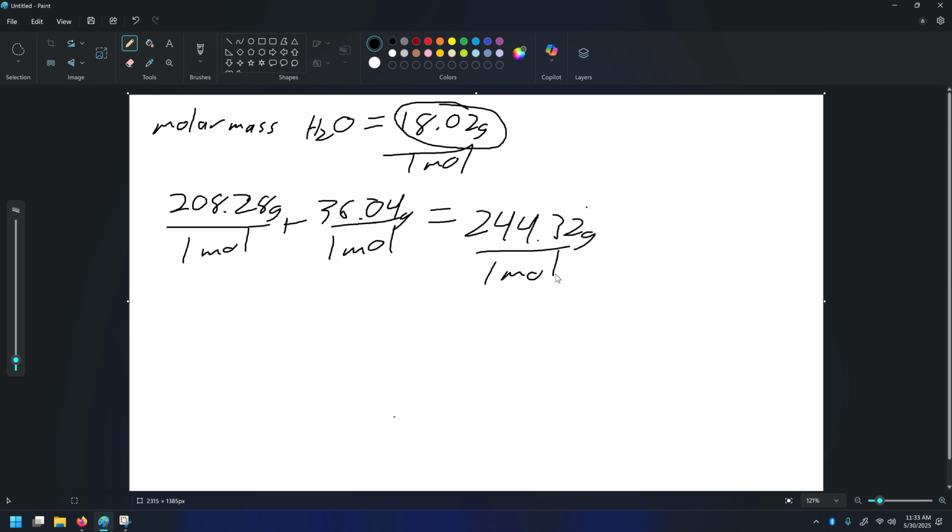The reason this value is useful to us is because it's going to allow us to figure out what percentage of the total thing is water. And so in order to find a percentage of anything, you want to think of it in terms of the part